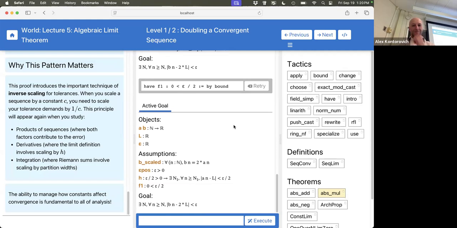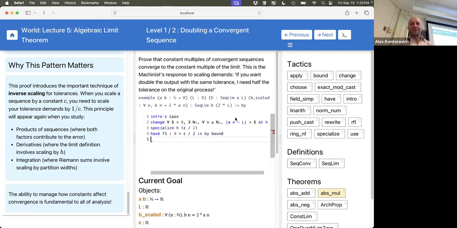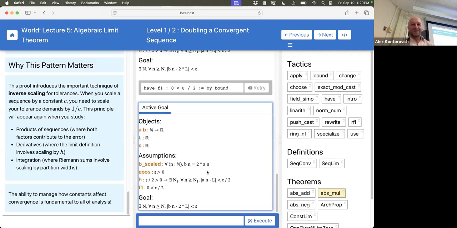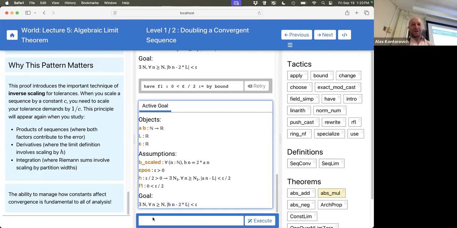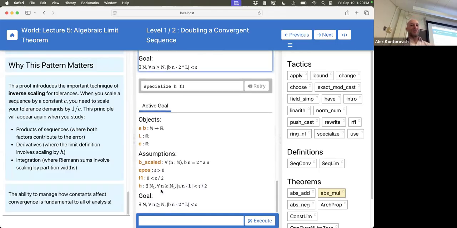Bound should do it. Hopefully bound actually did it. Yeah, bound actually did it. Again, there's bugs that we're working out. Okay, so now I have this fact. Specialize H to F1. And now I know that there exists some N1, so that for all N yada yada,